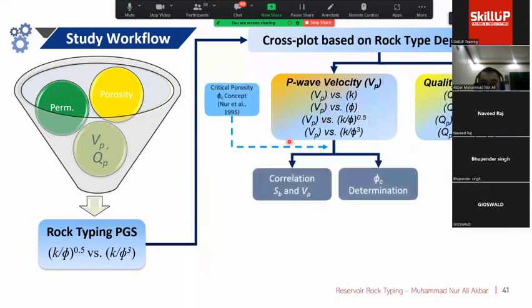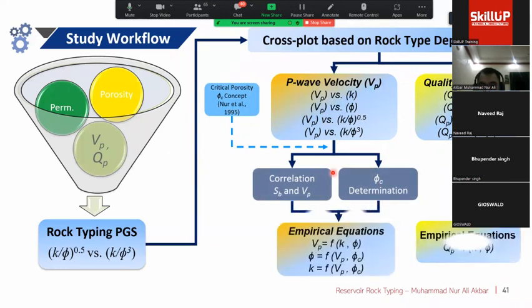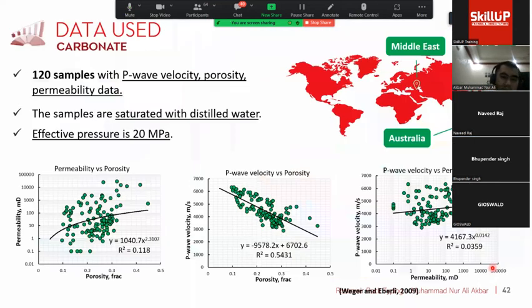After that, we involve the critical porosity concept in order to make the correlation between the critical porosity and the porosity permeability. Finally, we try to make a prediction, the P-wave velocity prediction or the porosity permeability prediction, as a function of the critical porosity and P-wave velocity, and also the attenuation factor from porosity permeability data. I use quite a lot of data, from 120 samples of P-wave velocity and permeability data from the Middle East,